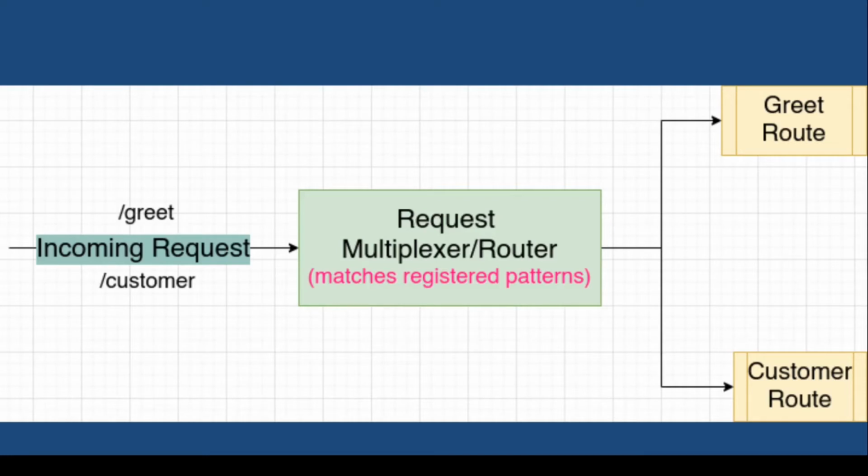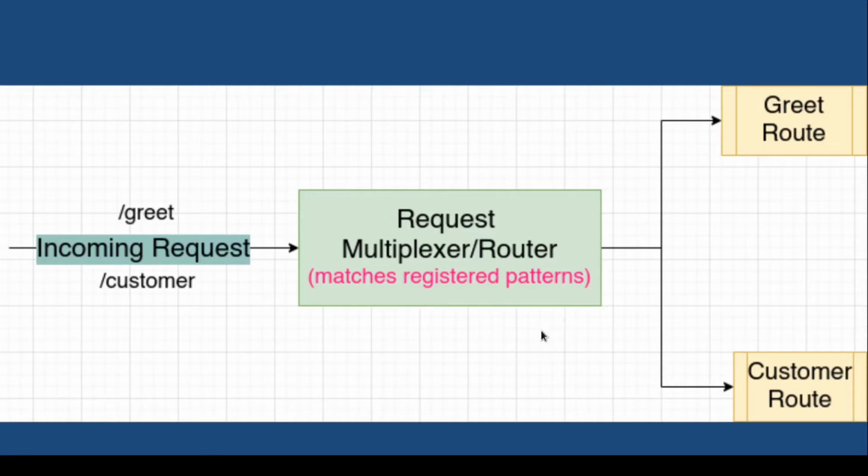So at the heart of a HTTP server lies a multiplexer. The multiplexer is responsible for matching all the registered routes, and then it passes the control to their appropriate handler functions. Once the request comes to the HTTP server, it is taken care of by the multiplexer. So the multiplexer matches those patterns and then it forwards the request to their appropriate routes. In this example, we have greet and customer as our endpoints for the resource, and they are also called